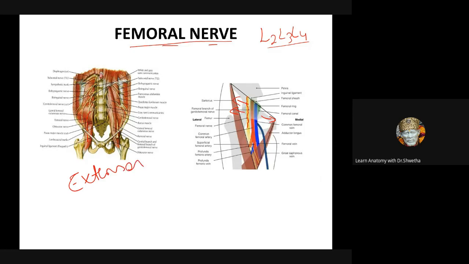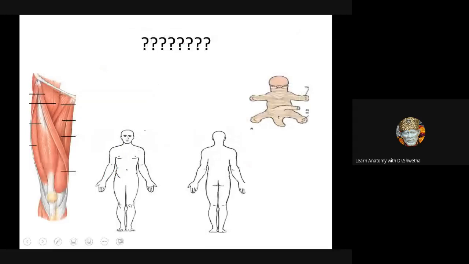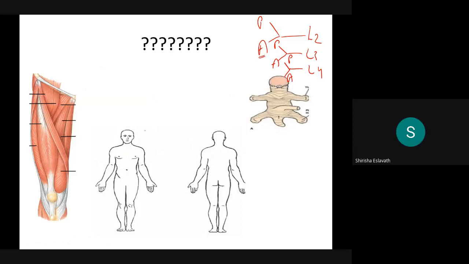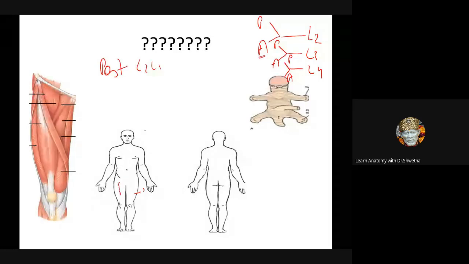Okay. Now I have a question here, students, for you all. We said L2, L3, and L4's ventral rami divided into anterior branch and posterior branch. Why did I say it happened like this? What did the anterior branch supply, students? Anterior aspect of the lower limb. Posterior supplied posterior aspect. But tell me the nerve root of femoral nerve. It is by the posterior branch of L2, L3, L4. But look what it is supplying. It is supplying the front of the thigh. Why, students?